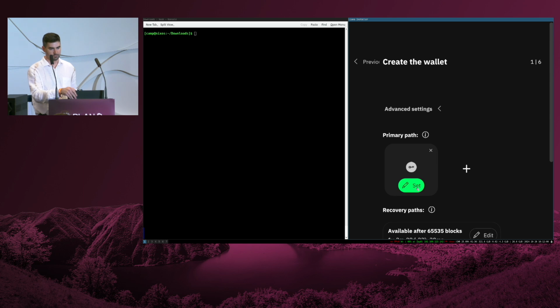Obviously, this is for the purpose of the demo. You should not have hot wallets on your computers. I'm starting the Ledger. I need to unlock it.